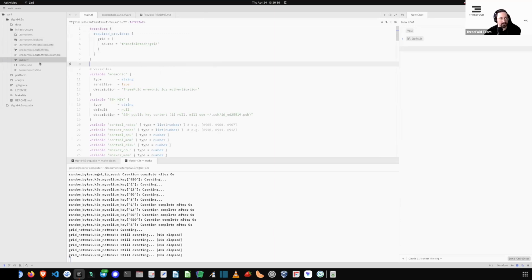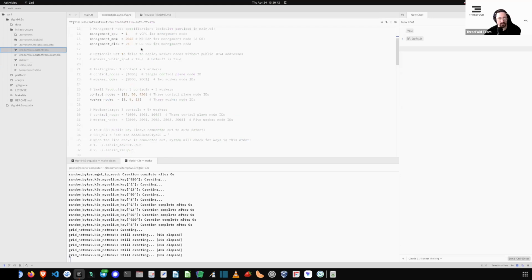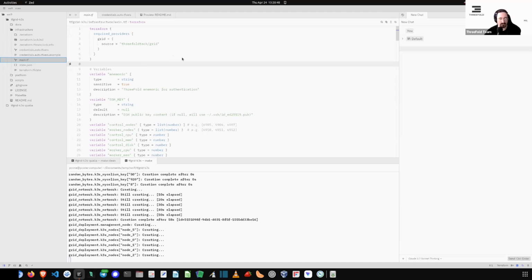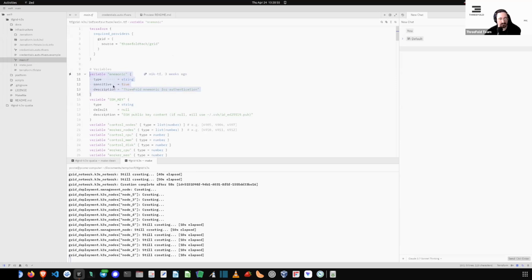So with Terraform, what we have is the main.tf. This is where the magic is happening, let's say. But when we're using the credential, as I showed you before, this is just to have a simpler way to interact with the deployment. So basically, you could put everything in main.tf, but it's really useful to use variables. So we can see here, for example, the variable Nginx, we set it to sensitive, so it won't show in the deployment. Then SSH key, this uses by default your ID